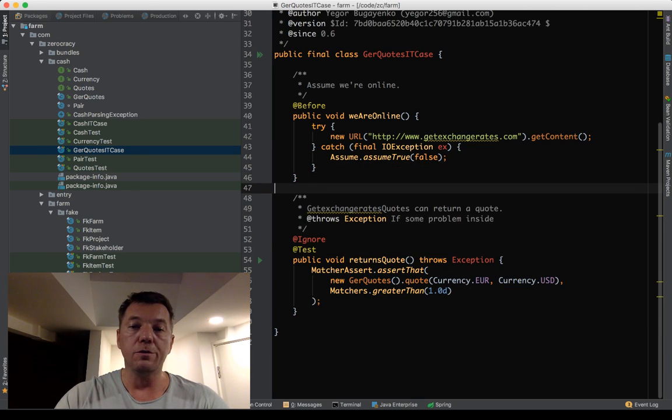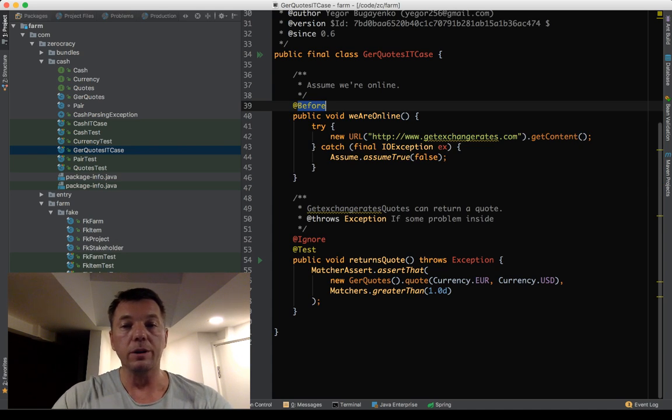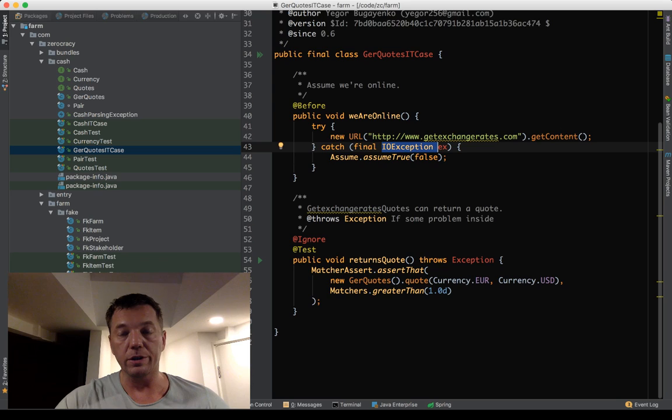That's why I added this extra method, annotated with the Before annotation for JUnit, to check that we are actually online. It tries to make a simple connection to some website, and if there is any exception, it says assume true false, meaning don't run the test, just ignore it.